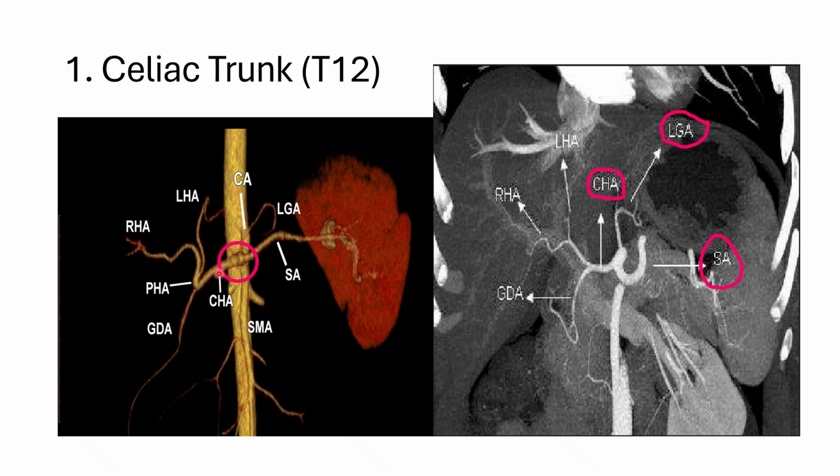We can see this is the splenic artery, this is the left gastric artery, and this one is the common hepatic artery. The common hepatic artery further gives branches to the gastroduodenal artery, and then the proper hepatic artery. The proper hepatic artery gives branches to the right hepatic artery and the left hepatic artery. The celiac trunk supplies the structures formed by the foregut: the distal esophagus to the ampulla of Vater of the second part of the duodenum, liver, gallbladder, and biliary tree, along with the structures supplied by the splenic artery.